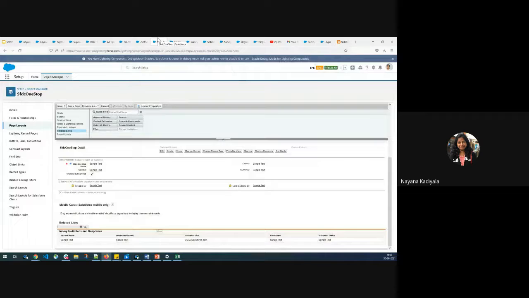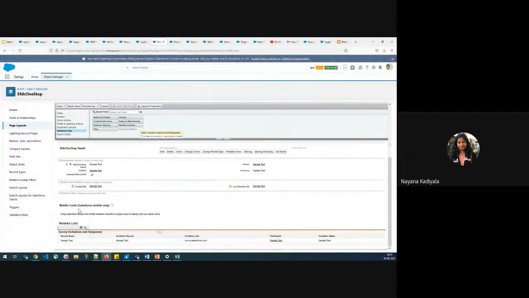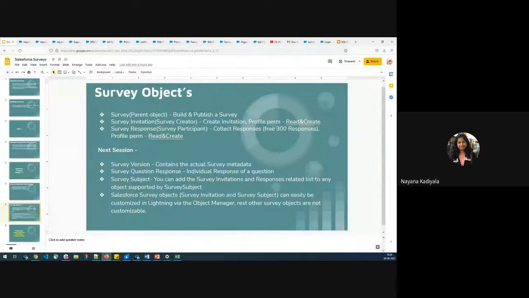Basically, the significance of the survey subject object is that you would be able to associate one object to the other with survey invitation responses, and this particular related list would only be seen and available for the objects supported by survey subject, which is also something you can customize in object manager. But I don't see any use case for now why you would like to customize. Yeah, this is what I have mentioned in my slide as well.